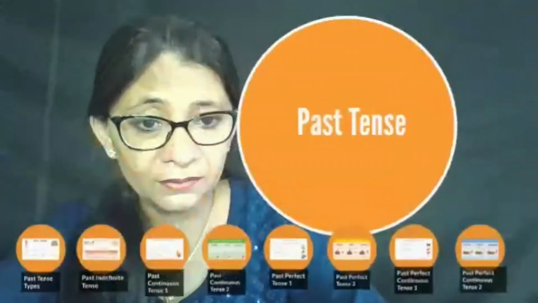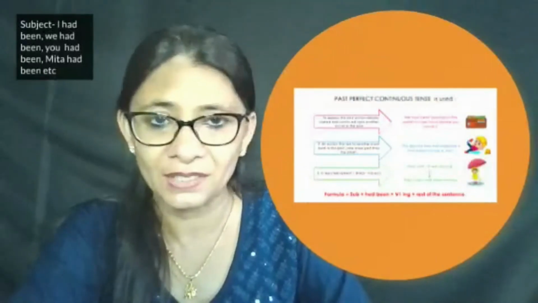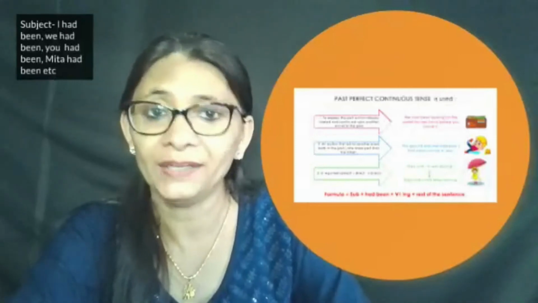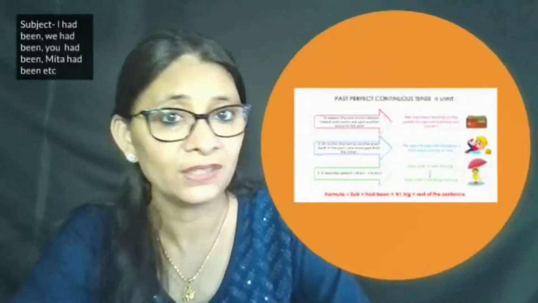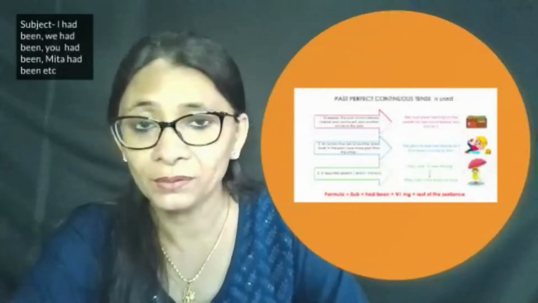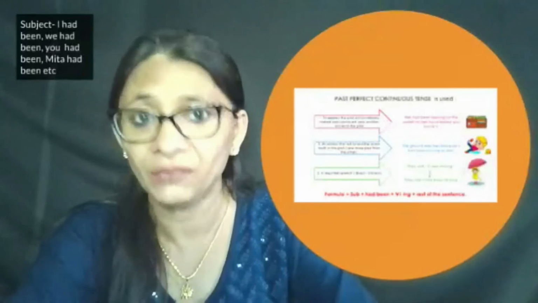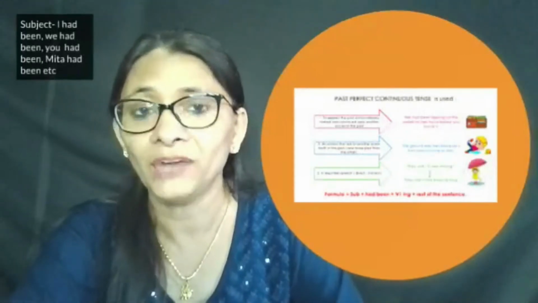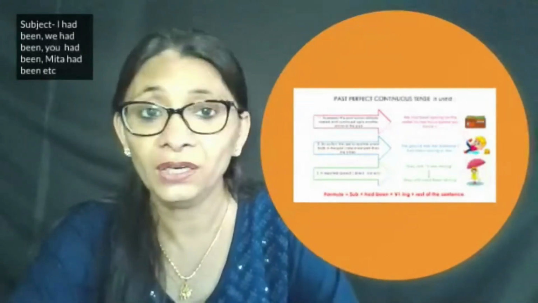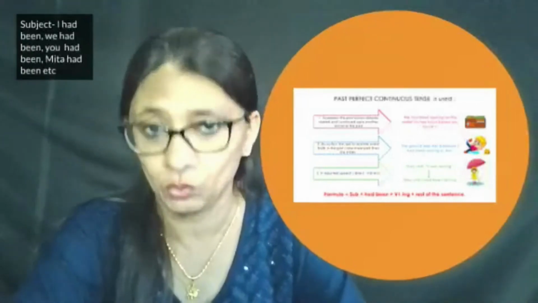Let us proceed further. So now we come to the last topic of today's discussion, and that is past perfect continuous tense. So in which context do we use this particular tense? First of all, keep this in mind that past perfect tense and past perfect continuous tense are not very different. In past perfect tense, two episodes were happening and both of them had finished. When you went to your friend's class, she had finished having her food. Okay, we use past perfect tense. She had eaten. But in past perfect continuous, she would be eating. One episode would be happening when the second episode started.